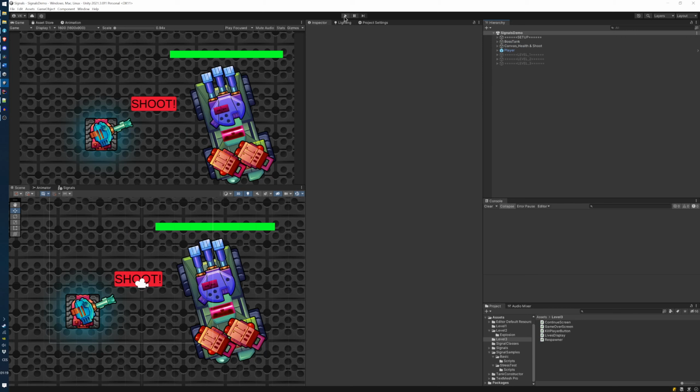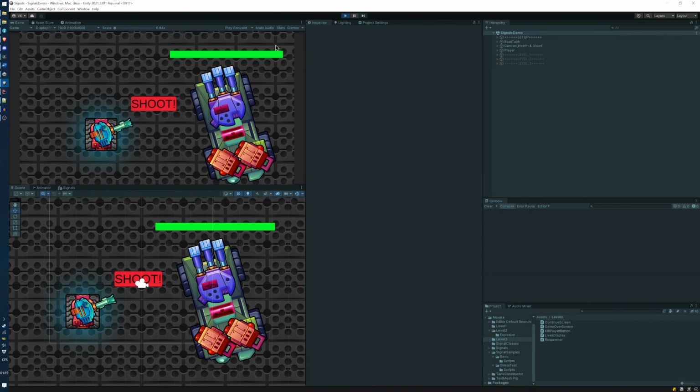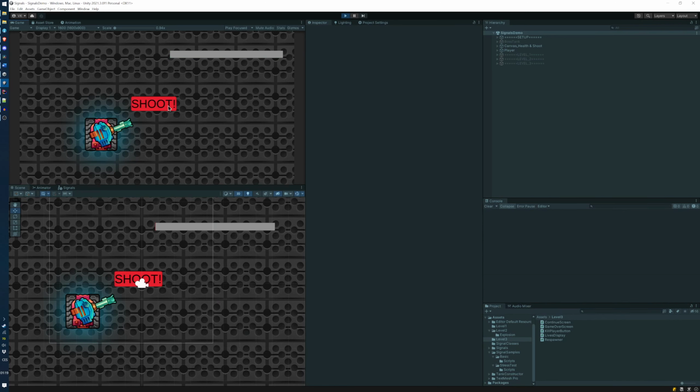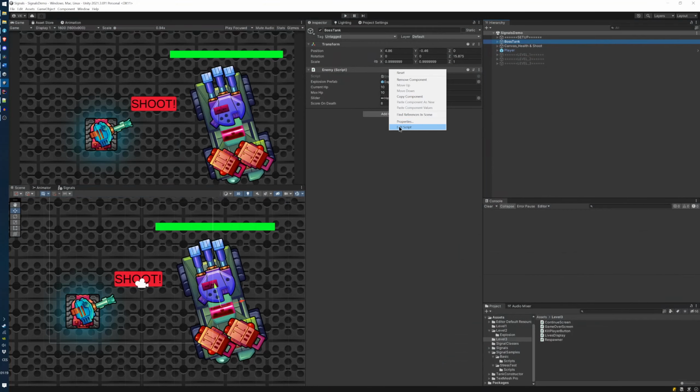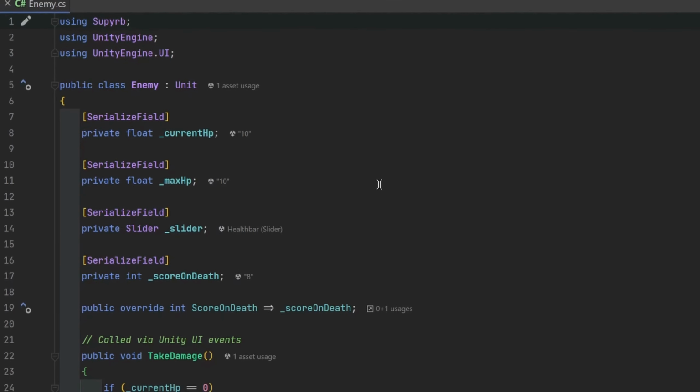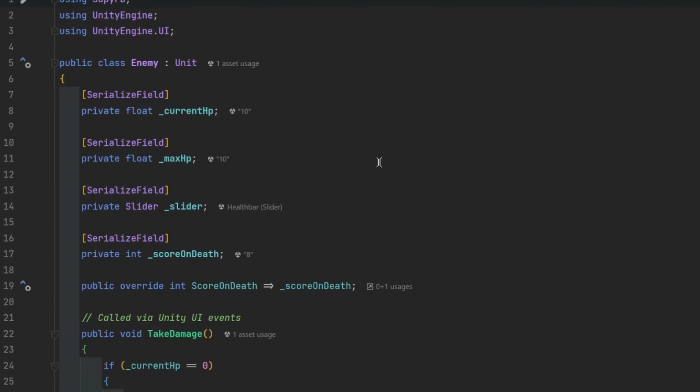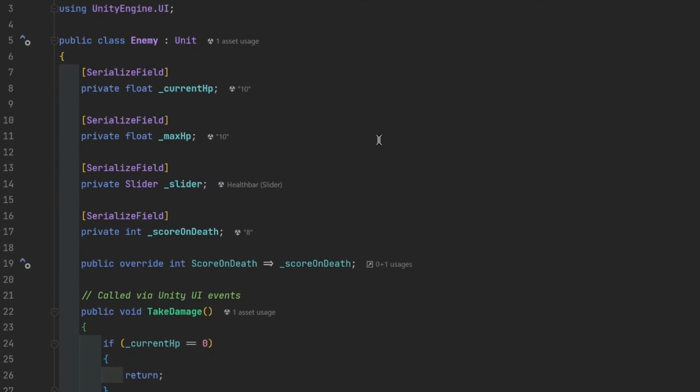Let's take a look at our first example. We have a single button and a big enemy tank we can damage with that button. When the health reaches 0, the tank is destroyed. Not much to see here. In the code, we can see the enemy script simply has fields containing its health and a reference to the